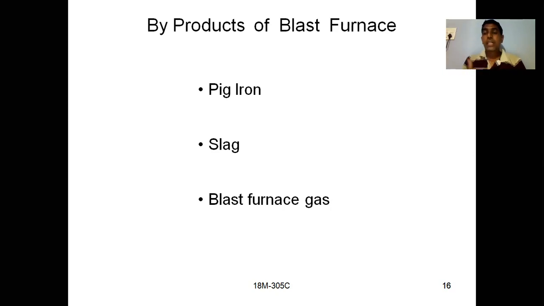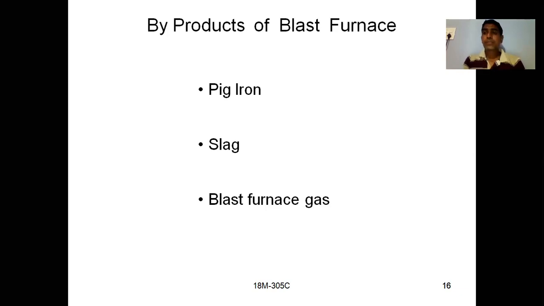So later we have discussed different reactions, and after those reactions, what you are going to get is the pig iron in the molten state, which will settle down on the hearth as it is heavy. On that, you are having slag which is having impurities. By opening the slag hole, we can remove the slag along with the impurities. That means when the flux reacts with the impurities, you are going to get slag. So the slag can be removed, and indirectly we can say that impurities are removed.